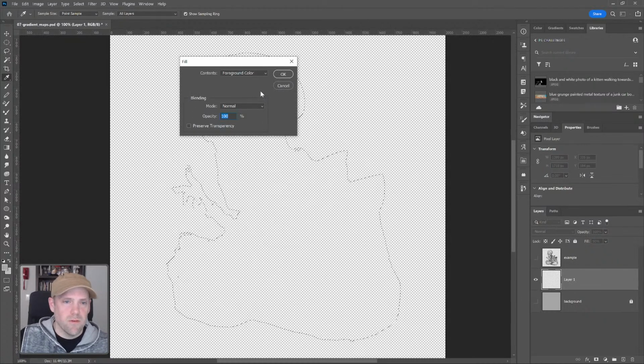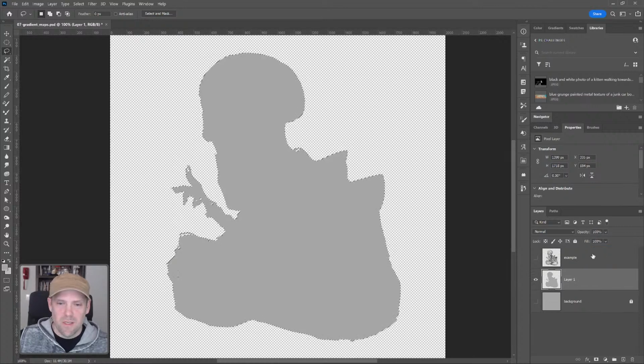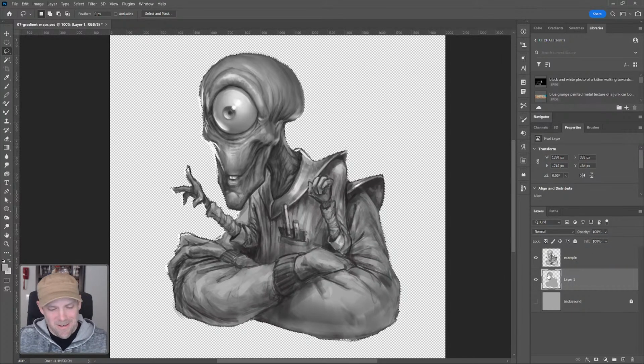Shift F5, foreground color. Okay. I'm not sure why we're having some transparency. I'm going to go ahead and just duplicate this. Oh, our fill. For some reason our fill is set down to 50%. Not sure why. Yours probably won't be. Okay, back on track. So what I want to do here is select the top layer, which still has transparency,